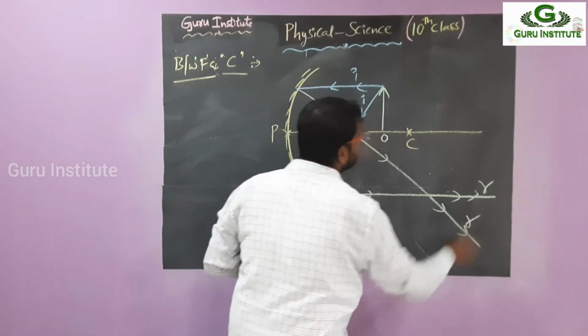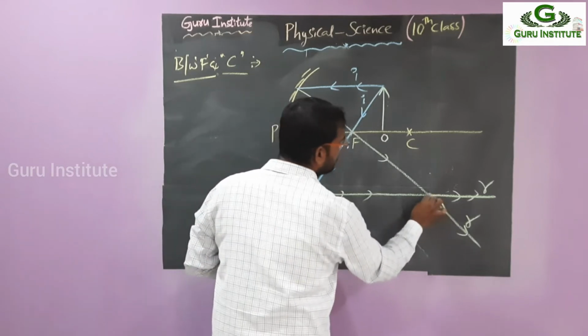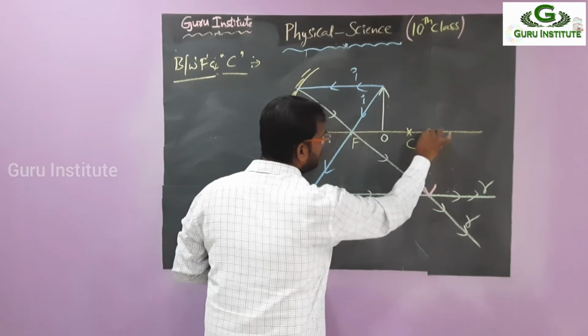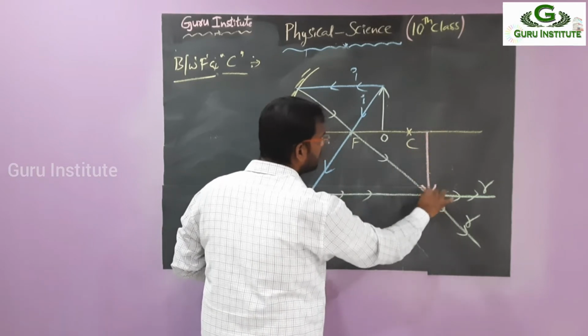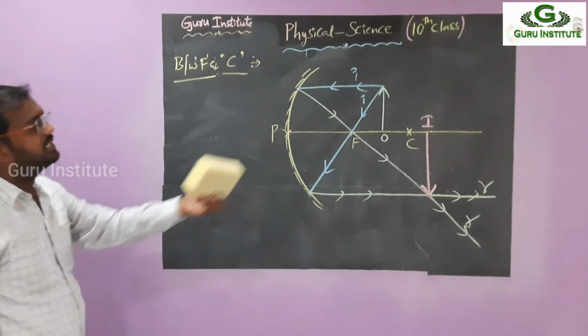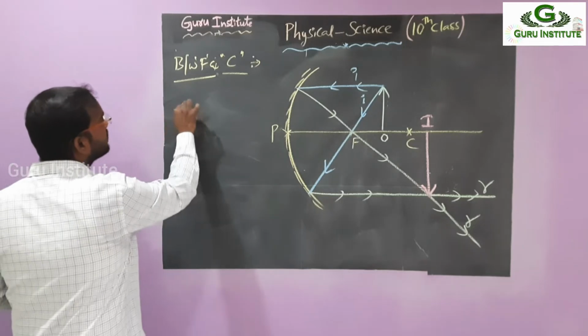So where the reflected rays are meeting, here the reflected rays are meeting. So this is the meeting point. The top of the tip is placed here, so automatically you have to join from the principal axis. So this is the image. Okay, by just seeing the picture, you have to tell me the nature, where it is formed, what is